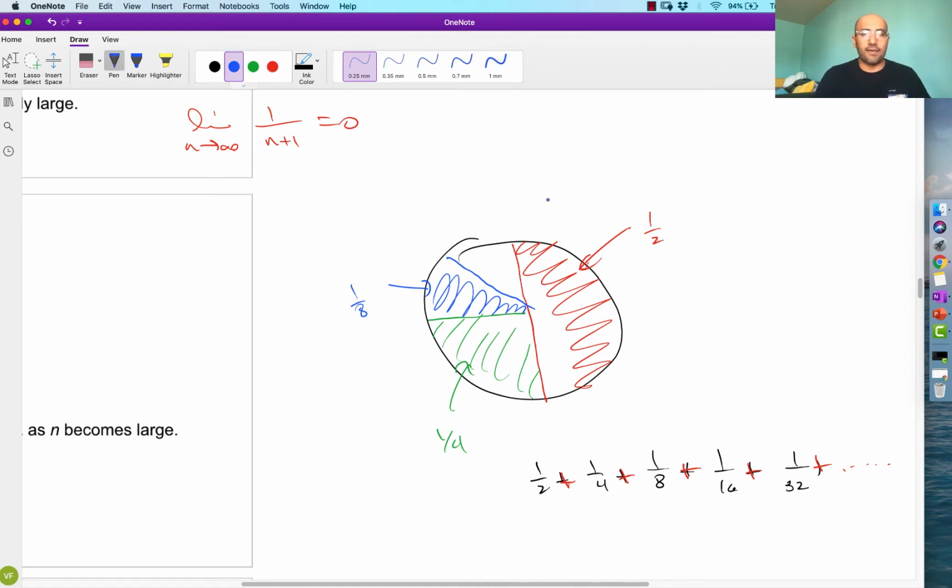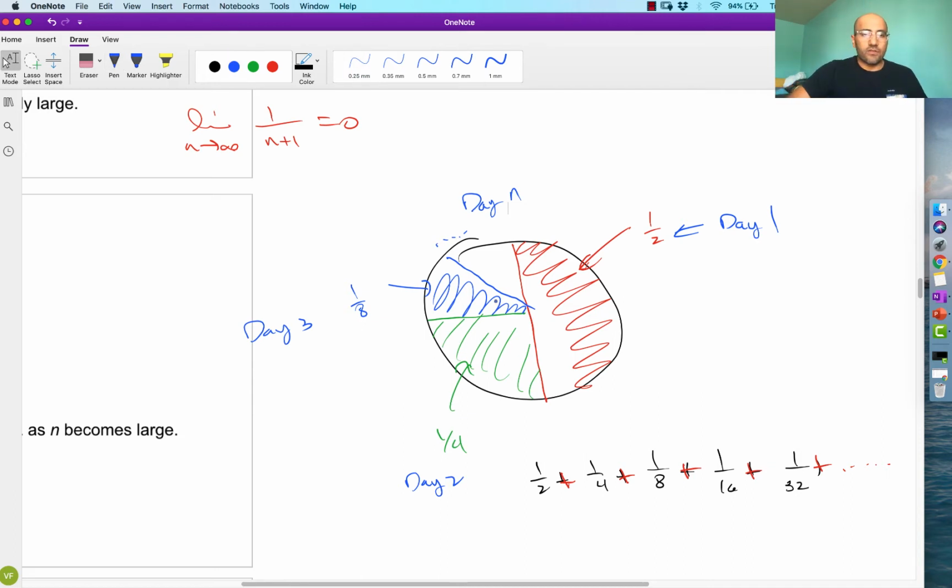So this is day 1. On day 1, I ate half of it. On day 2, I ate a 1/4 of it. On day 3, I ate an 1/8 of it. And then there's day 4, day 5, day 6, day 7. So no matter how far I go into it, whatever nth day you want in here, the slice is going to get really, really small, but the slice is never going to be 0. There's always going to be a little gap left. There's always going to be some amount left over if I stop at any specific value. But as I go out to infinity, in an infinite number of days, we can clearly see by the picture that the whole thing has to add up to 1.